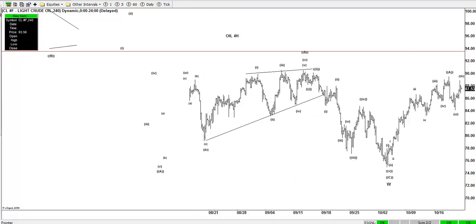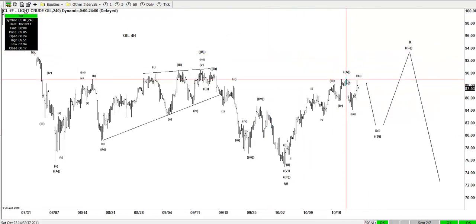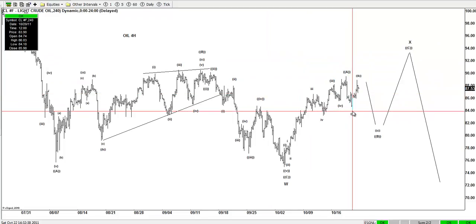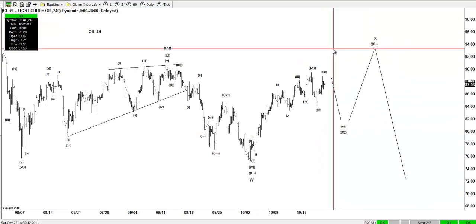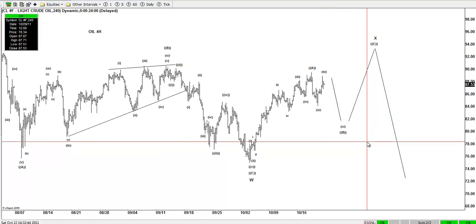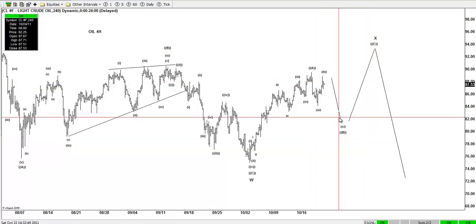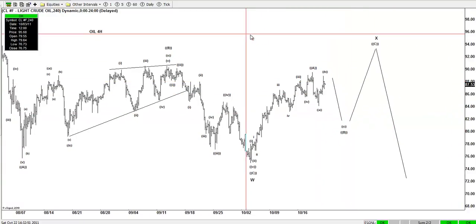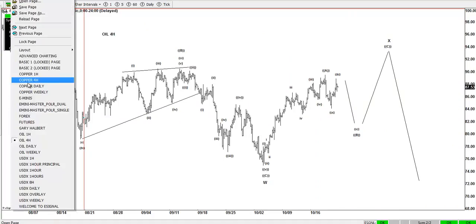Oil looks like it did make a 5-way move from the top, and oil should trade lower in the C wave, or get into a compressed correction to the downside. Oil goes better with a flat idea on the dollar, to be honest with you guys. Now, short time frame on oil,